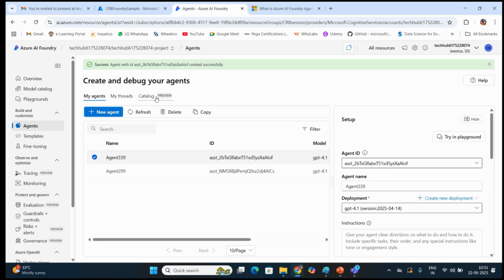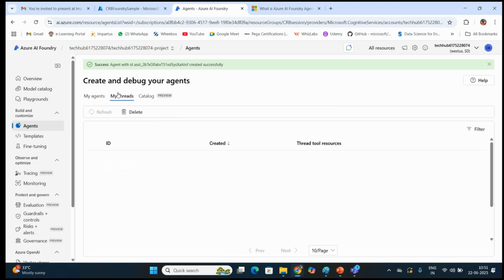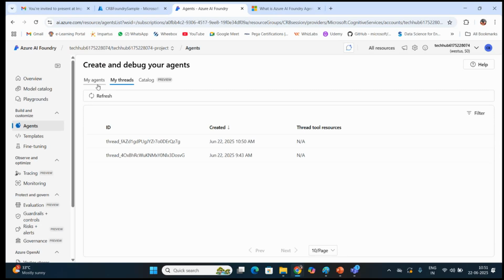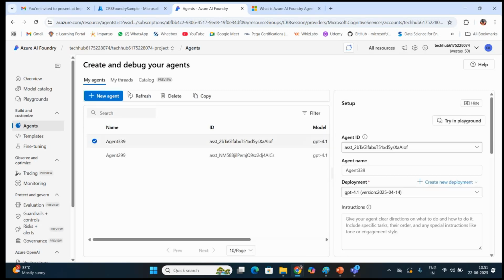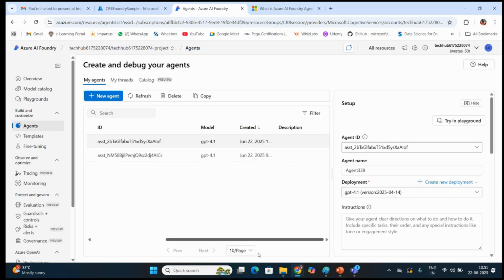So you would have the various agents which are available here, and you can go ahead and use the models which are being created.